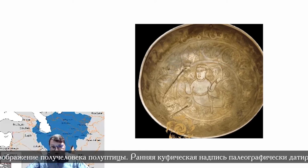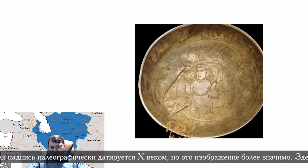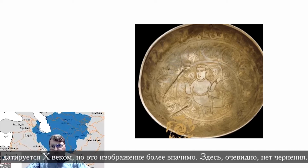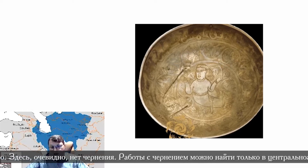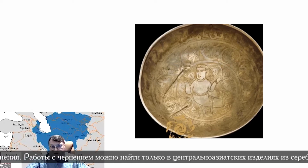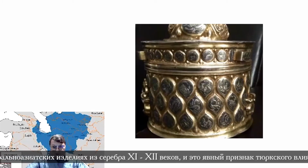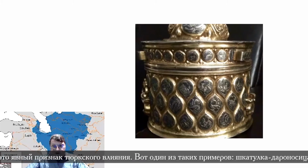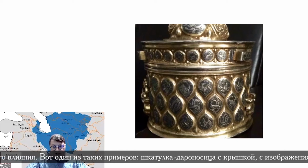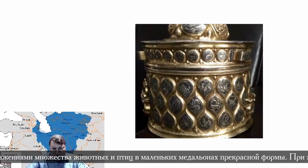But this image is more significant, and obviously this piece has no Niello work. Niello work can only be found in the Central Asian silver work from the 11th and 12th century period, and it's a clear sign of the Turkic influence. Here is one of these examples. Again, it's a pyxis, a box with a lid, which shows a lot of different animals and birds in nicely shaped small medallions, but each animal is different,